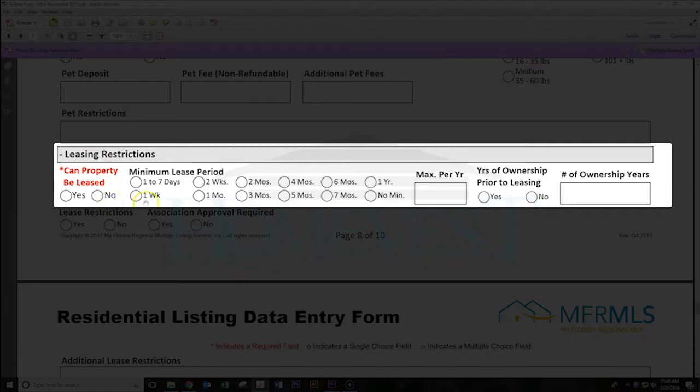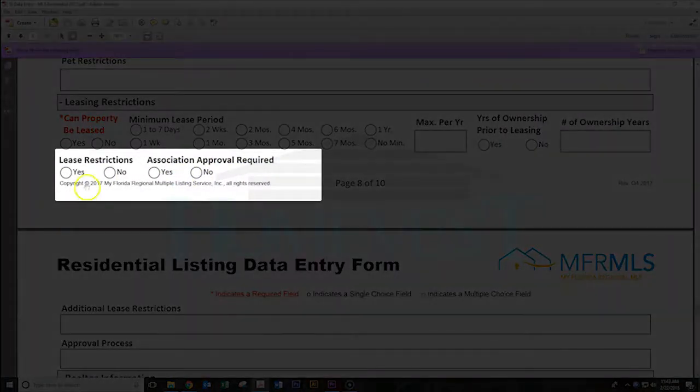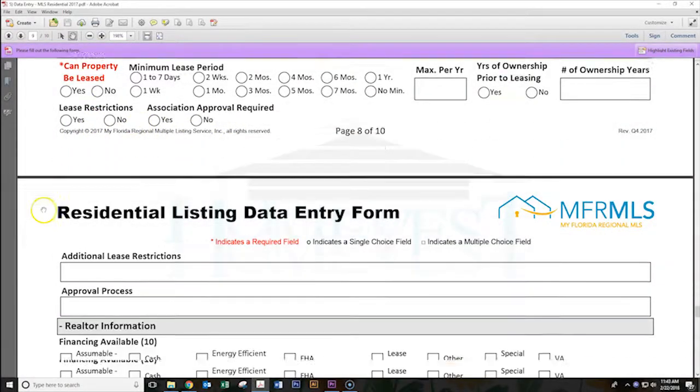lease period and whether there are years of ownership required prior to leasing. If you select yes, then you must say how many years are required. When yes is selected for either lease restrictions or association approval required, you must include text for both stating those